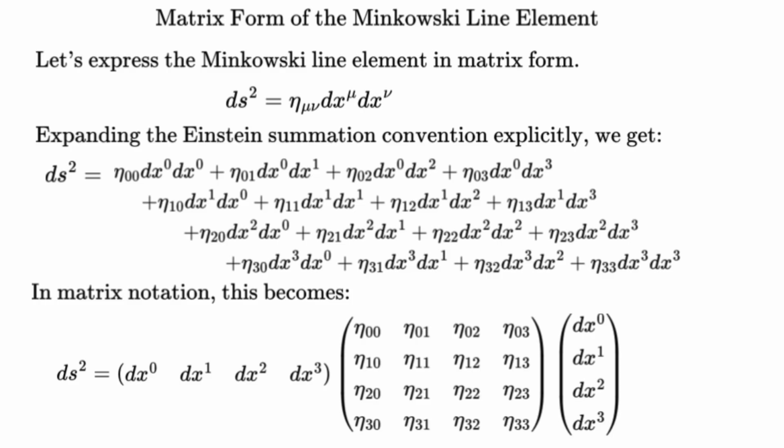Matrix form of the Minkowski line element. Let's express the Minkowski line element in matrix form. Expanding the Einstein summation convention explicitly, we get, in matrix notation, this becomes